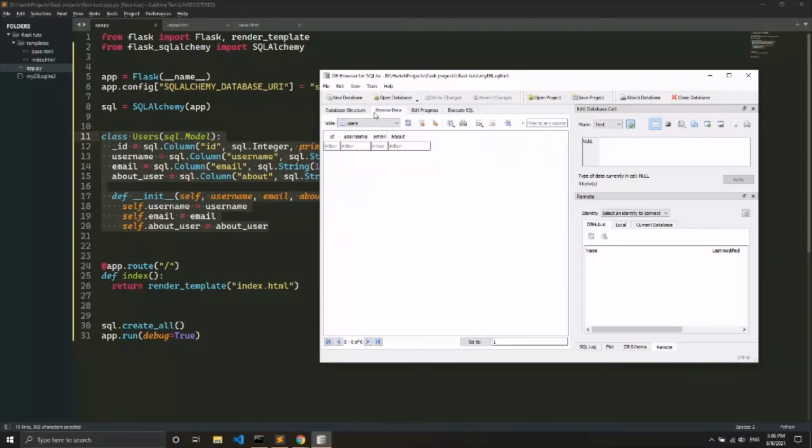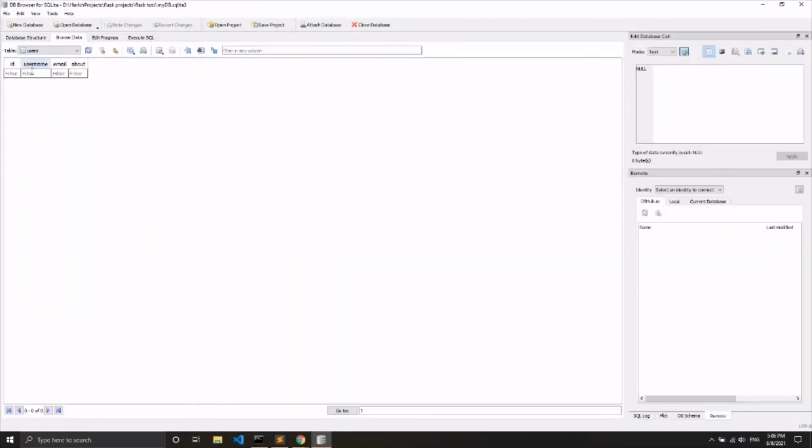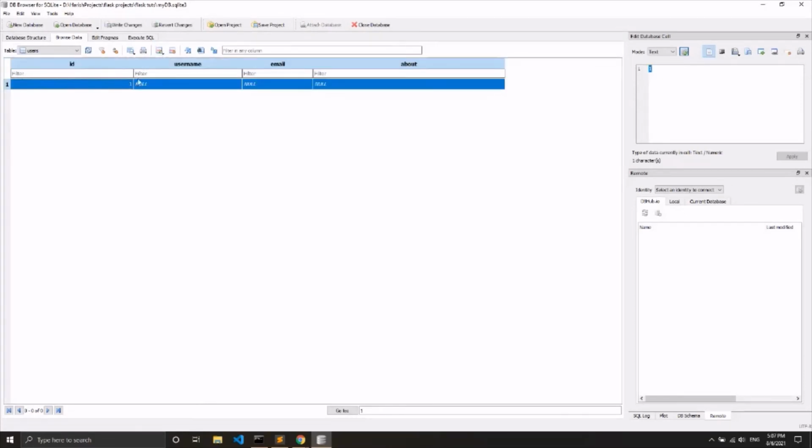So we can go to browse data, and you can see that we have an Excel like thing with the username, ID, email, and about. So these are all the columns here, and every record that we give is a row. You can click this button here, insert a new record in the current table, and you can see that it has automatically given an ID of 1 because it is a primary key and it will automatically allot a number.